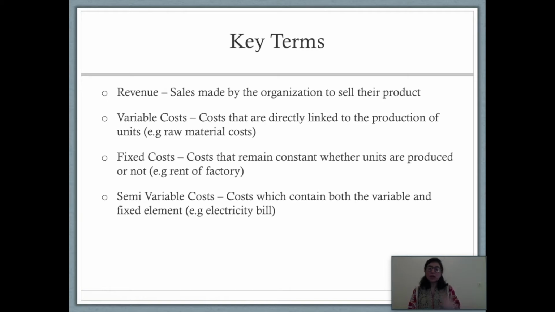These are costs that will take place whether you produce anything or you don't produce anything, right? So fixed costs are costs that you'll have to incur in any case, whether there is any activity going on in the organization or not. So the example of such costs is if you have a warehouse. The purpose of the warehouse is to stock your inventory, to stock any material that you want to purchase.